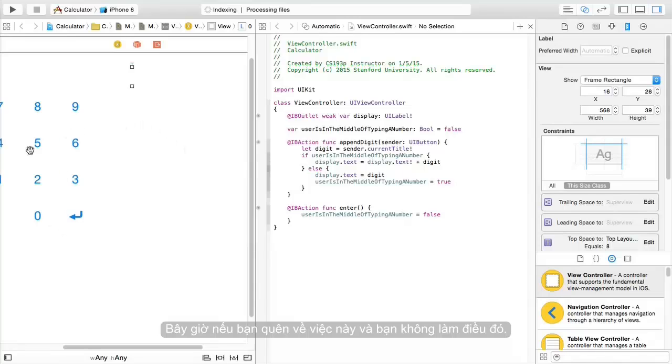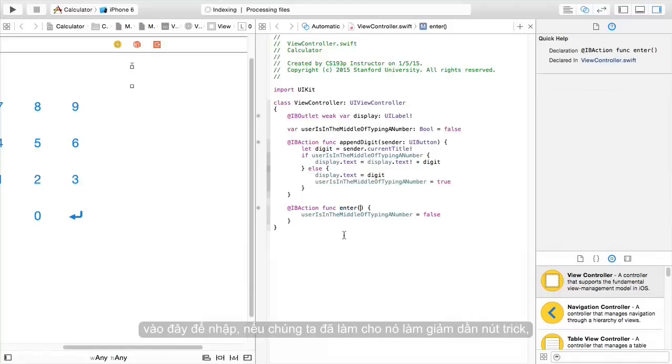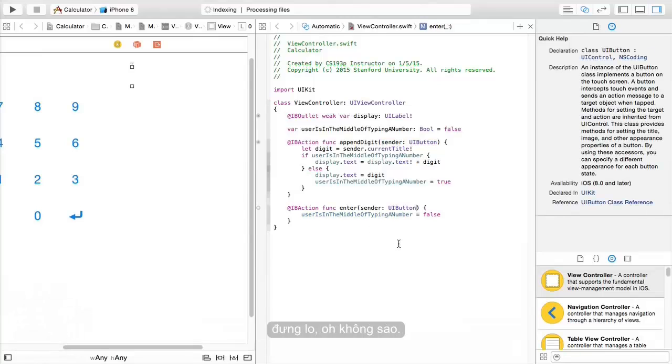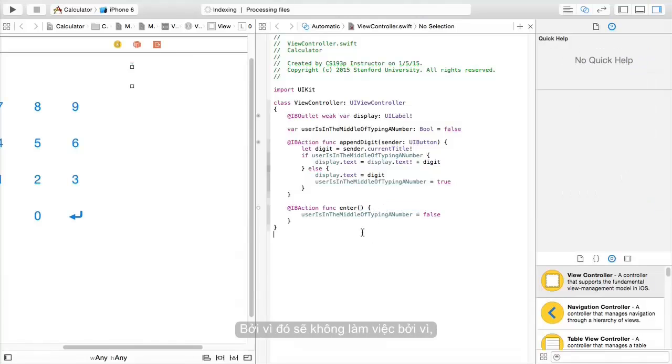Now, if you forget about this and you don't do it, or maybe you have it wired up to something that you changed. For example, if we had accidentally put an argument here to enter, if we had made it do the sending button trick, you can't just say, oh, okay, I'll just delete that, because that would not work, because enter with an argument is actually a different message than enter with no argument. And so if you just deleted that when you run your program, it would crash and it would say couldn't send